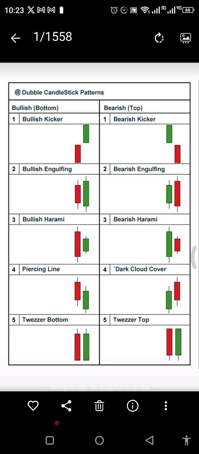Once you see it at the down part of the chart, especially at higher time frames, you know that there's a very high tendency that the market is going to reverse. So